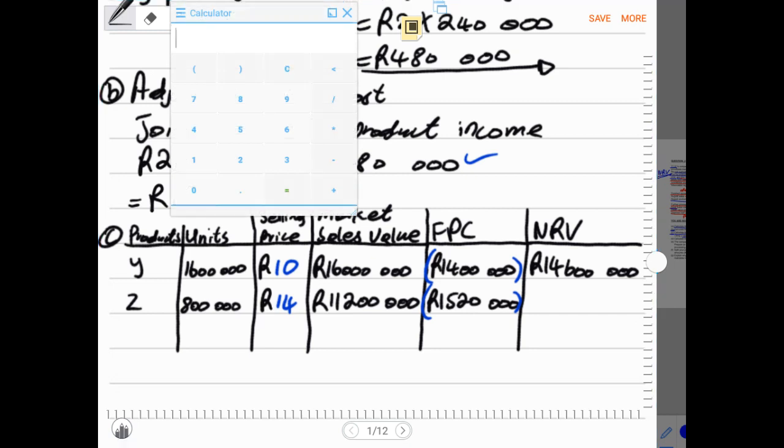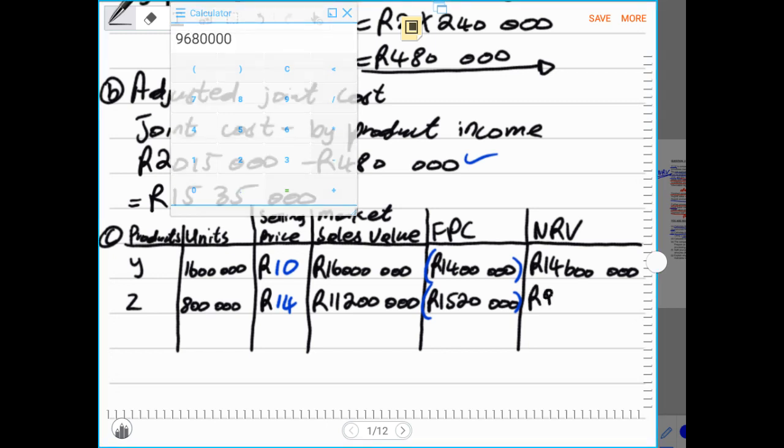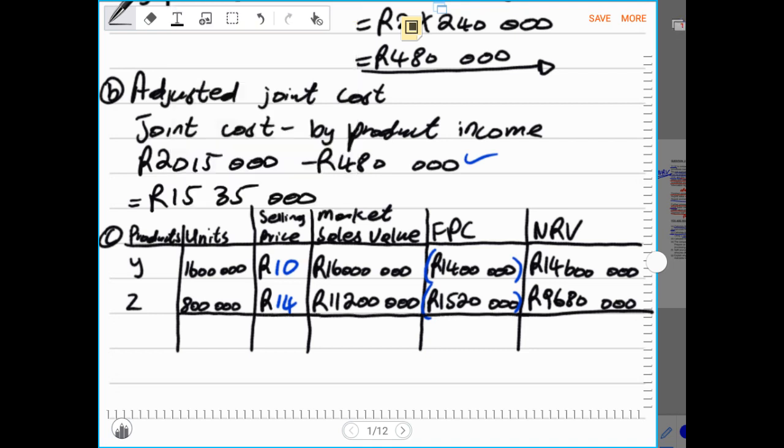Then after, we say 11,200,000 rands, we subtract 1,520,000 rands, and this will give us 9,680,000 rands. So now we have reached the net realizable value, because net realizable value is the sales value or the market value of sales,